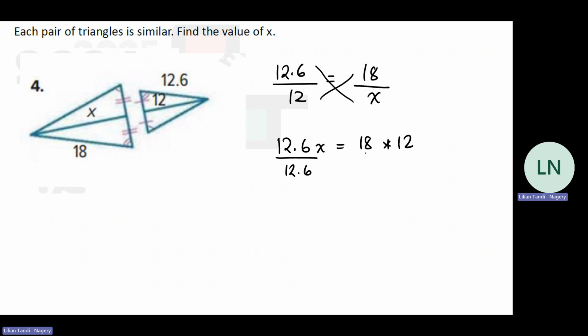Divide by 12 and 6/10, divide by 12 and 6/10. This goes away. X is 18 times 12 divided by 12.6. Should be